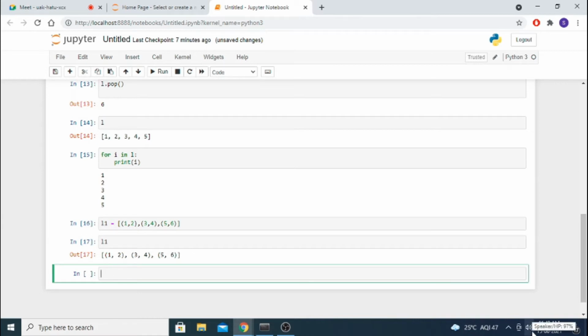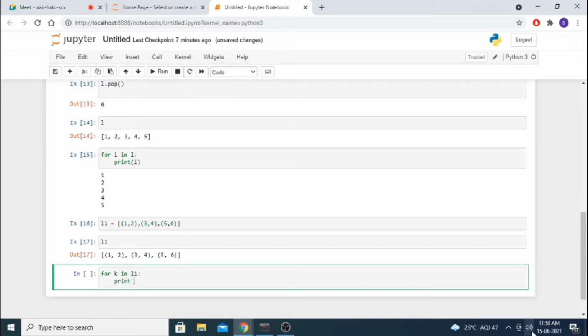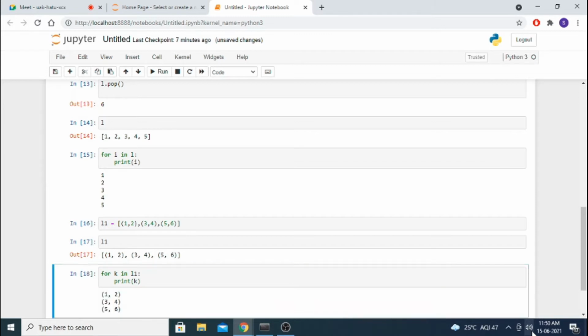Now I want to print this, so for i in L1. You can use i or j, k, anything you can use. For k in list 1, print k. Whatever I use, that same name we have to use. It is coming as a tuple.